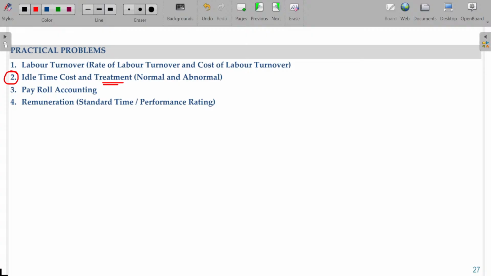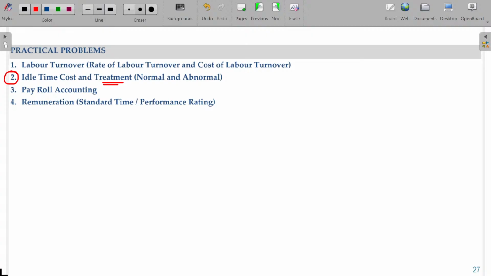If Mr. A works for the job X, immediately the salary payable to A is recovered from the job X. If you are the buyer of job X, then I can charge the money from you. While preparing the cost sheet, I can include the salary payable to this employee from you. But I'm keeping the employee idle for 2 hours and I paid the salary for the 2 hours. How can I recover this from the customer? Right. Now the question is, if the idle time is natural or normal,